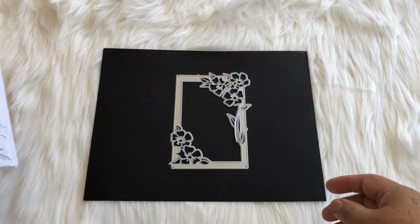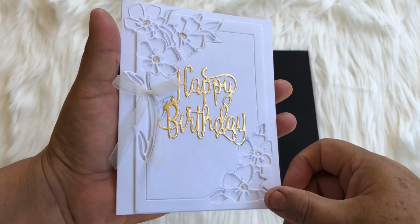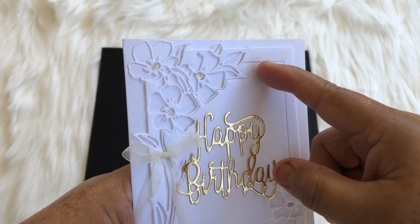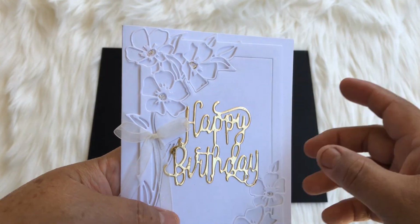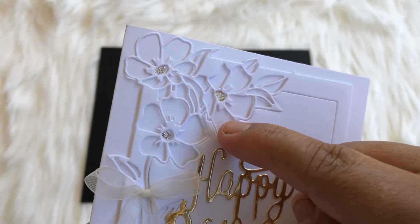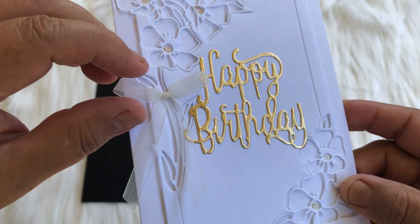Okay, and I'm going to show you my card, and I made this card. I love working with white cards sometimes, so I really love the details of this one. I just put this gold color on top, and as you can see right here are the flowers, and I just put a little bit of gold glitter inside in the centers, and I added this delicate